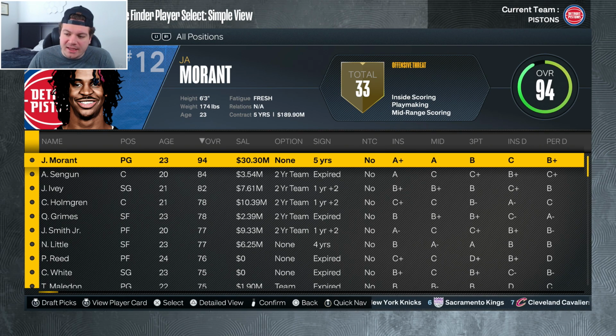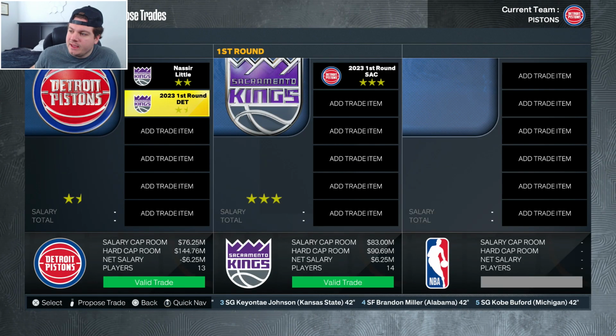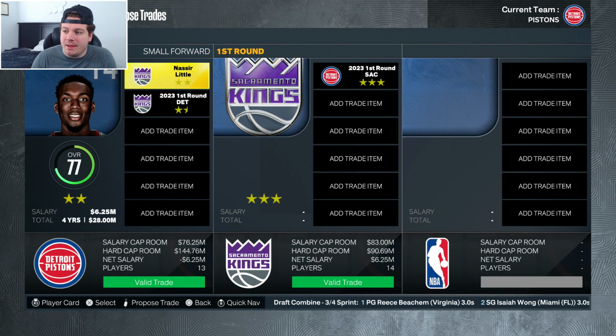22nd overall in round 2. I'm thinking I want to make a trade. I'm not sure the exact trade it's going to be, but I wouldn't mind also maybe drafting somebody who could potentially be a decent piece off the bench for me. So let's see what we're going to do. The Sacramento Kings own the 6th overall selection. I'm going to try to move Nasir Little and our 19th overall pick this year